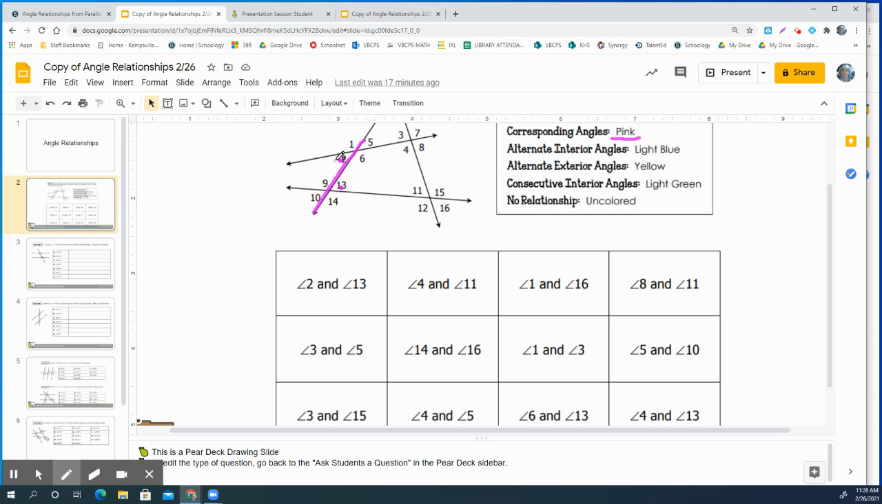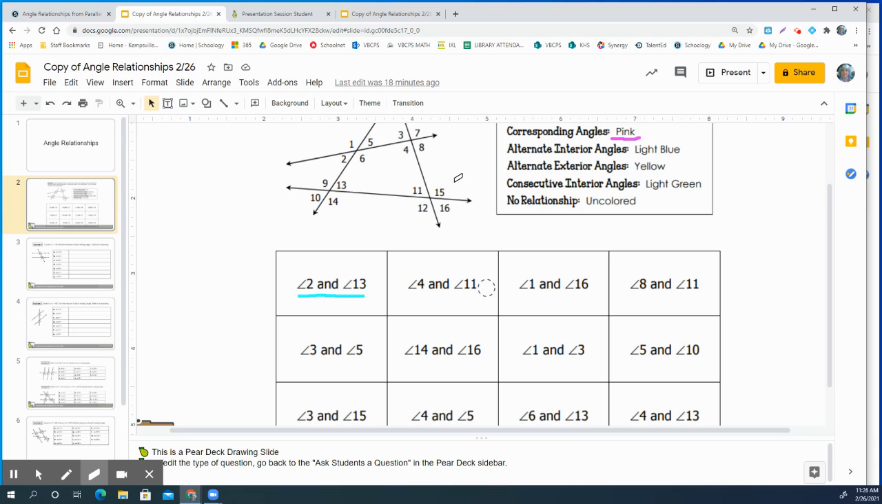So this one is inside. Let me make the other lines. So 2 and 13 are inside the blue lines and alternate of the pink lines. So this one is going to be alternate interior. So we're going to make that light blue. And then if I erase this,